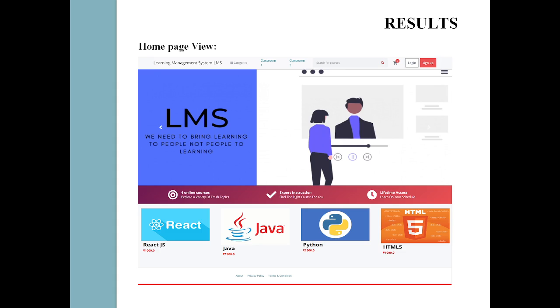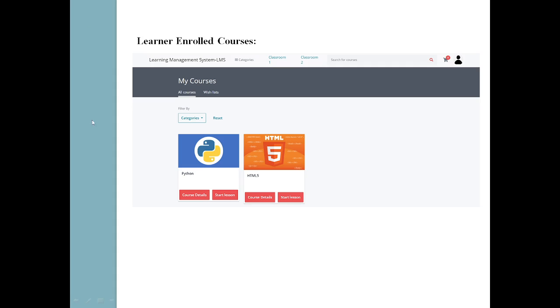These are the results which we have proposed, where this is the home page and the student or the instructor or the administrator can log in. After login, they can enter either into the classroom where live, real-time classes are performed, and it will show the enrolled courses, whatever courses the student or the instructor has enrolled. These are the enrolled courses, where it provides the complete and thorough details of the courses as well as the lessons. When we start the lesson,